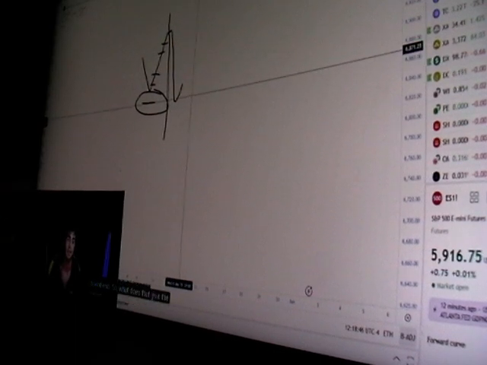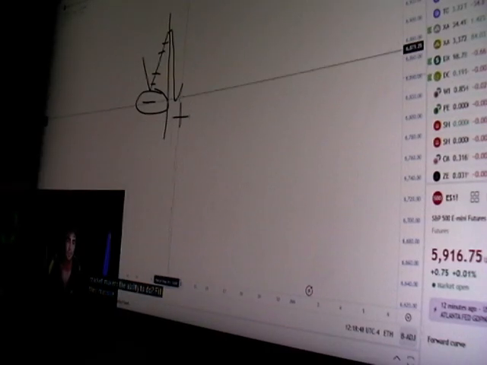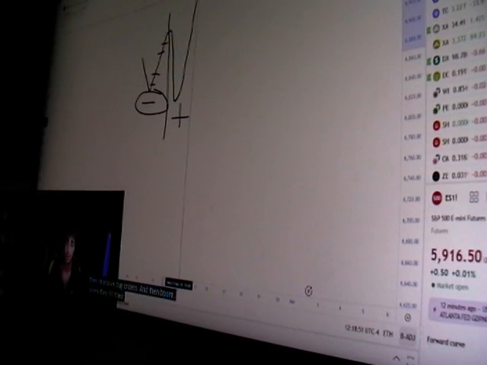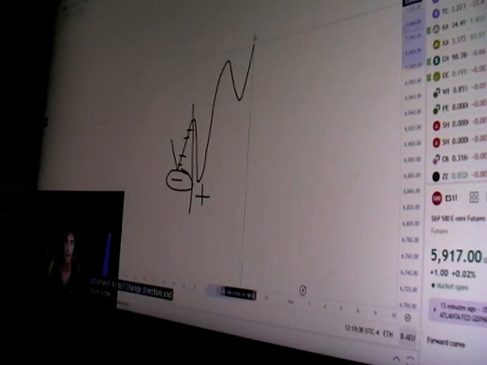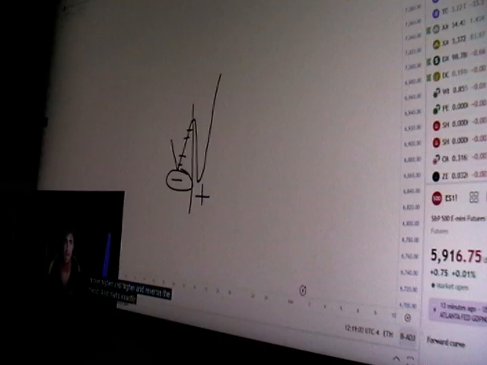So what does that give the market makers the ability to do? Fill their massive buy orders, and then boom. When they fill their massive buy orders, what does that give price the opportunity to do? Change direction and move higher and higher and reverse the trend. And that's exactly what liquidity sweeps are.